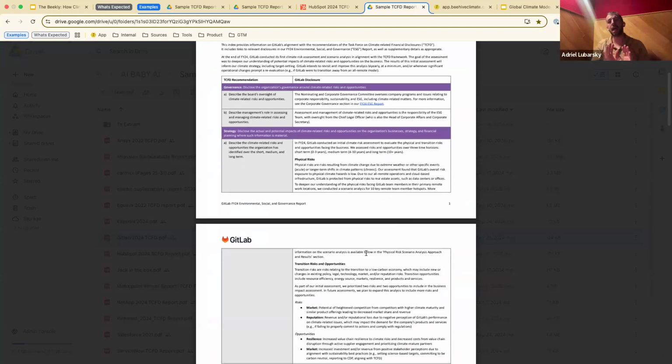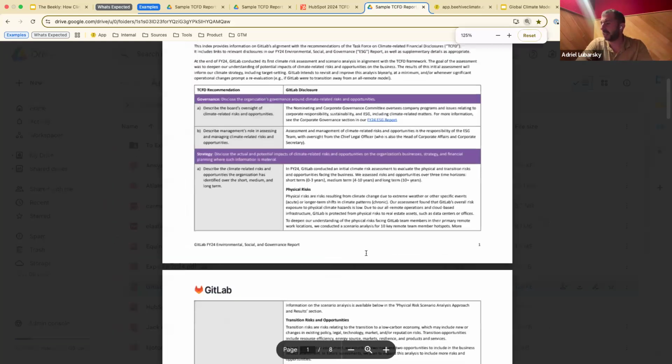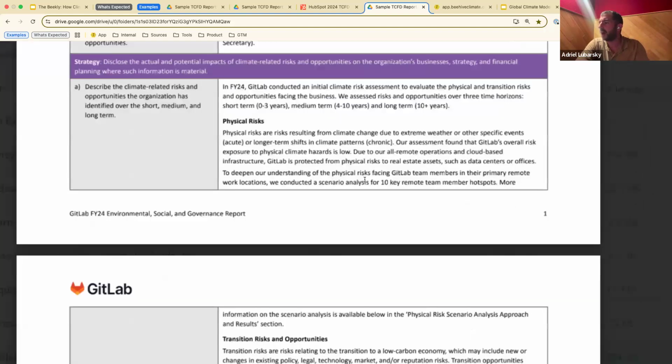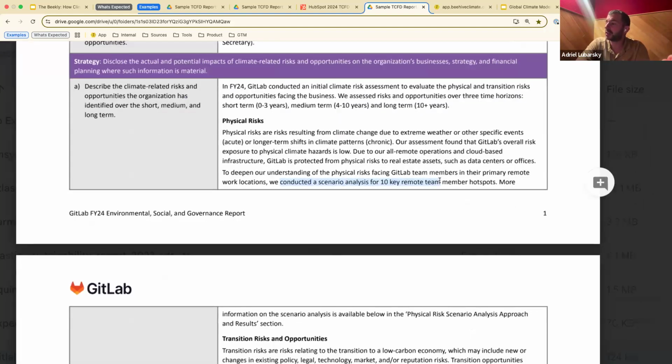GitLab's interesting because GitLab is a fully distributed software company. So all their employees are remote. They don't have offices. All their data operations are in the cloud, I think via AWS. So they don't even own data centers. So for them, you might say, wow, there's really no risk. Like all our employees are distributed. Sure, a fire is a terrible thing, but there's nothing we can do about it, and the risk is not ours. But even GitLab, with that context, conducted a scenario analysis for 10